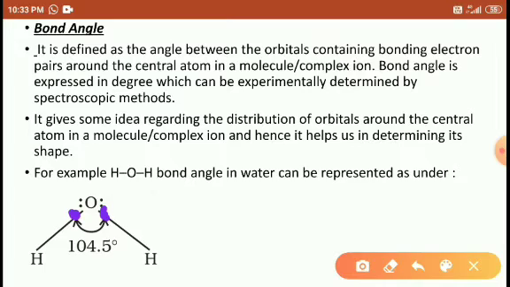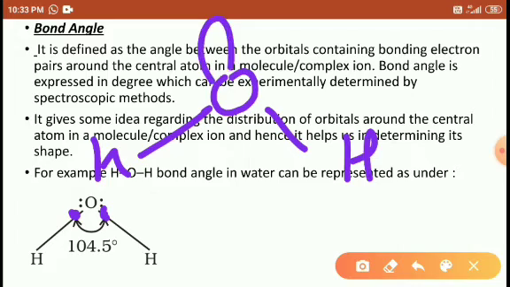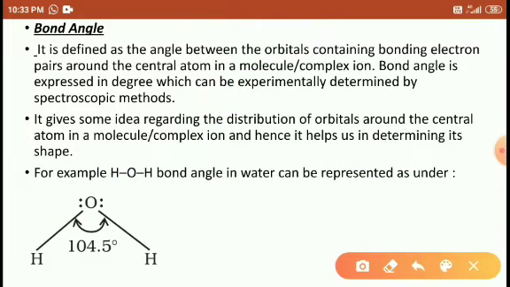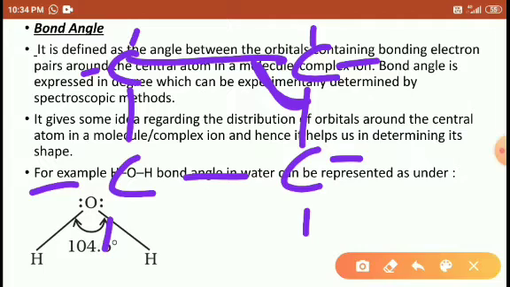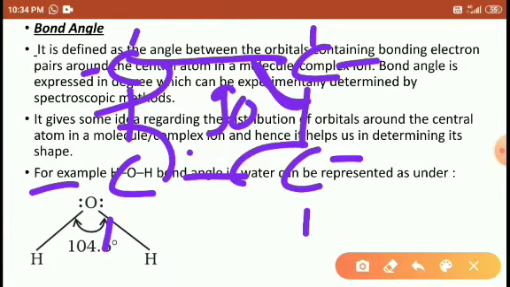What type of shape of the orbitals does it give? Look here, students. This is the type of shape of the orbitals. Or sometimes carbon, carbon, carbon, carbon. So this is the bond angle. What bond angles exist here? Here 90 degrees, here also 90 degrees, this is also 90 degrees, and this one also 90 degrees. With the help of all these 90 degree angles, we conclude that this is a square planar structure, right students?